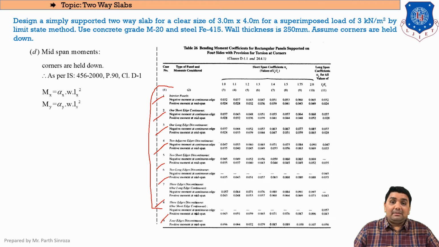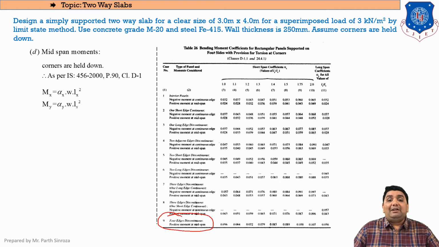And as this session represents the two-way simply supported slab, here we will be checking 4 edges discontinuous. Go by the name, 4 edges discontinuous means every edge on these sides is not continuous, and if it is not continuous, it is ending at that point. And if all the 4 sides are ending at that point, that means it is a simply supported slab. Clear? It is not directly mentioned as simply supported slab, but for simply supported we will always be finding the values of alpha from this case, that is case number 9.